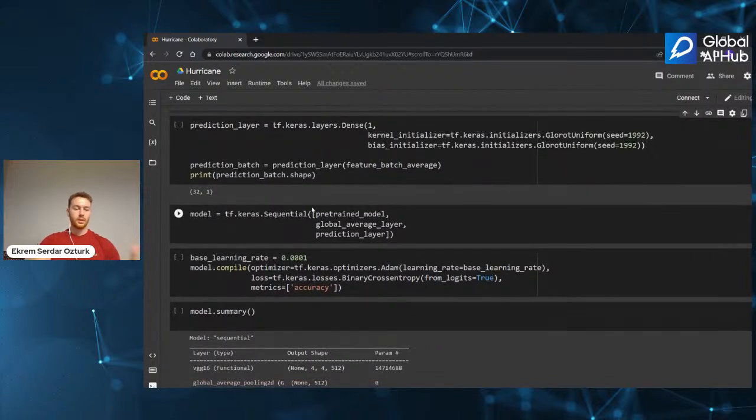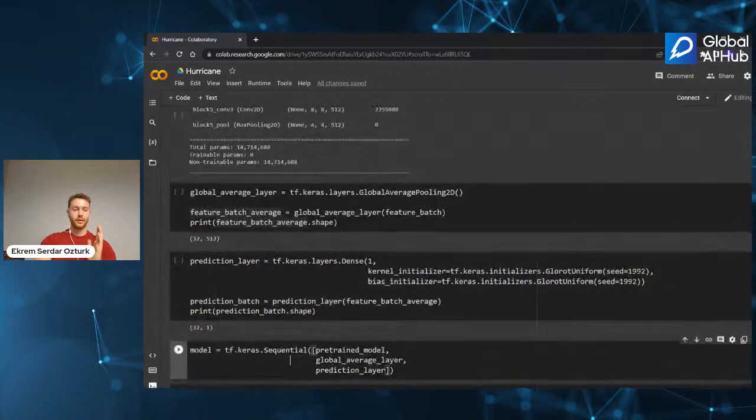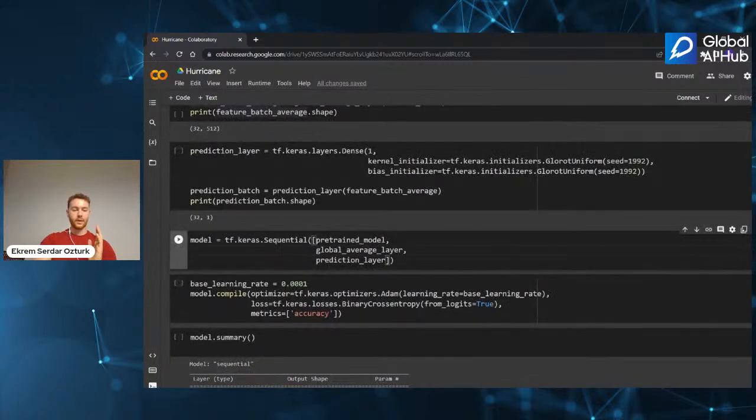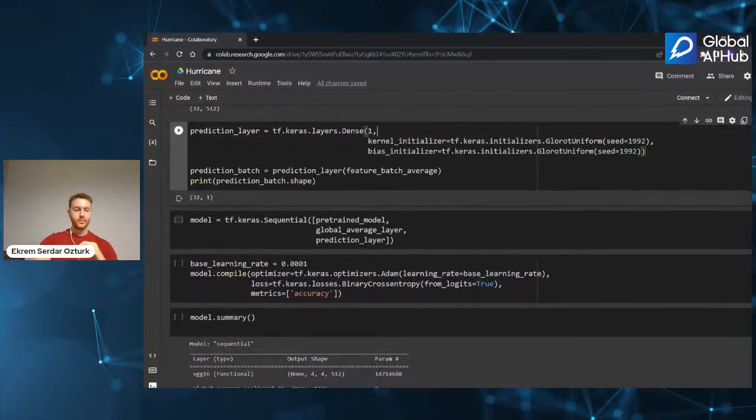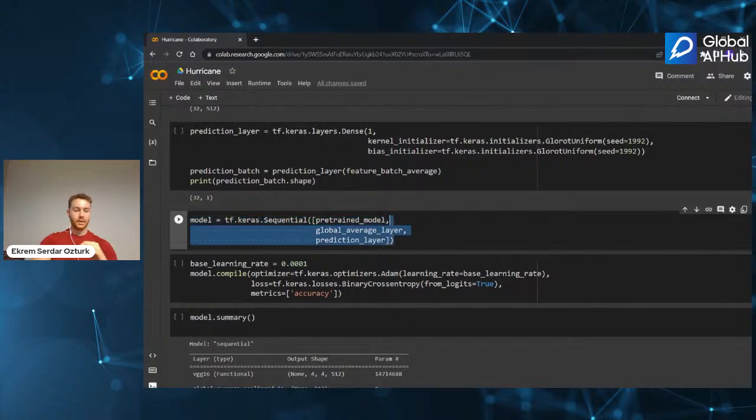Okay, so our model is constructed like this. You can use sequential. It says, okay, put this layer first and then another and then another. So we are using the pre-trained model and we are giving it a global average layer as we set here. And then we give a prediction layer. It is here. All right. We give one output because the result will be 1 or 0. It doesn't need two nodes. And we are creating the model by using this.